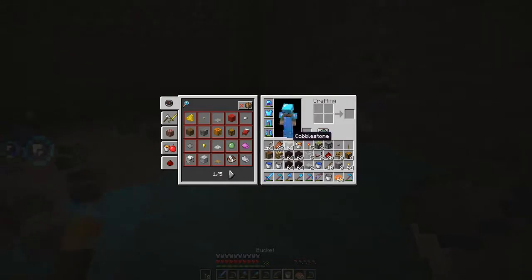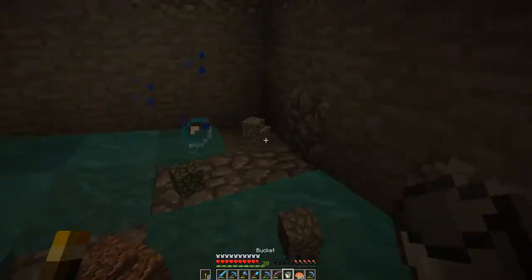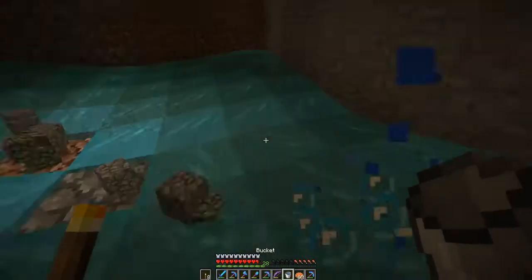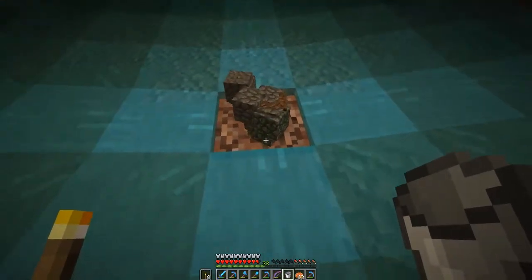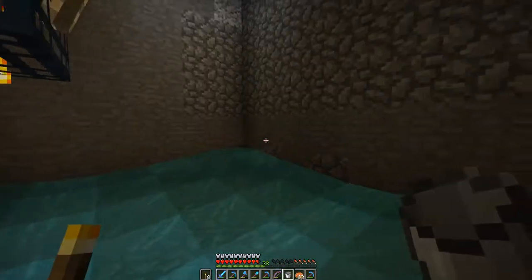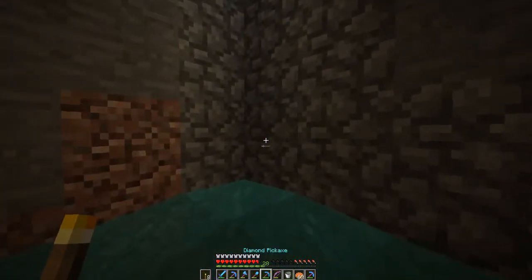Water bucket in the corner. And one more. Water bucket in the corner. Now there should be, yes, 1 block free in the middle here. And actually I was mistaken. You need 5 water buckets for this, not 4. My apologies. Please send all complaints to...